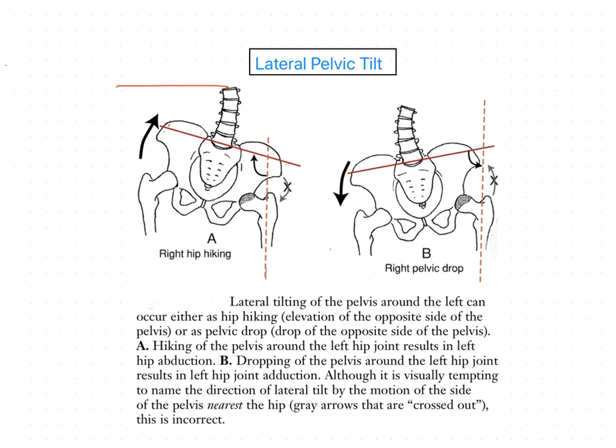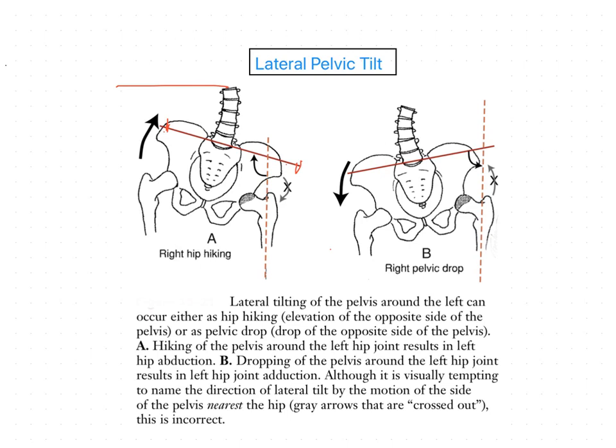The line we are seeing here is horizontal during normal stance. Okay, in lateral tilt of the pelvis, one hip joint serves as the pivot joint or axis, and the